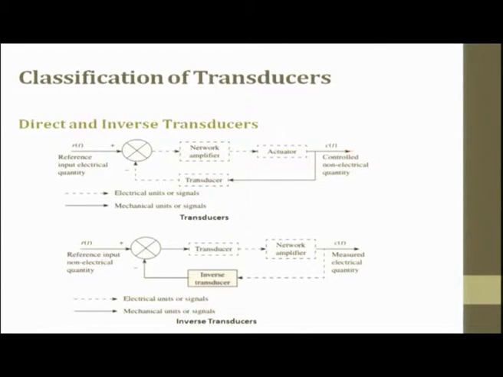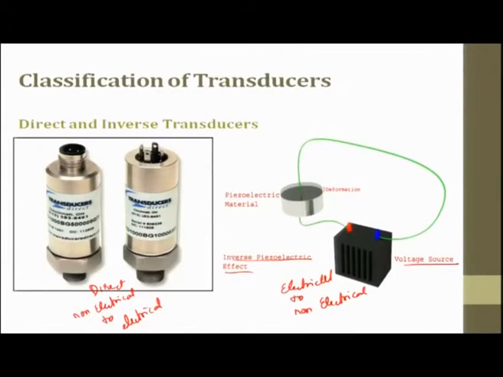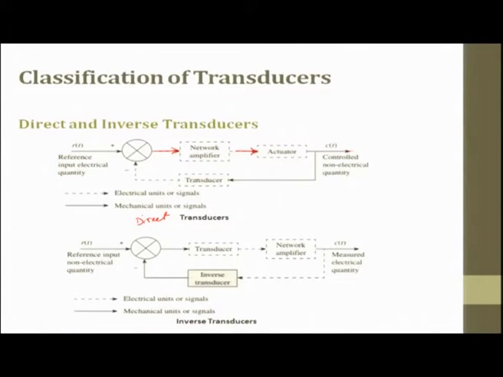So, the electrical signal is going in this direction, and the mechanical comes in the reverse direction. So, after the transducer you have an electrical signal, so that these electrical signals can be compared easily and then you can start doing it. So, this is a direct transducer, which converts non-electrical into electrical. So, if you take inverse, the schematic diagram goes like this: the reference input, a non-electrical quantity, is given